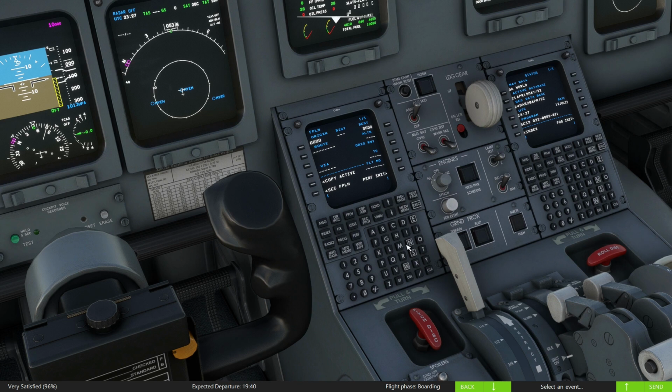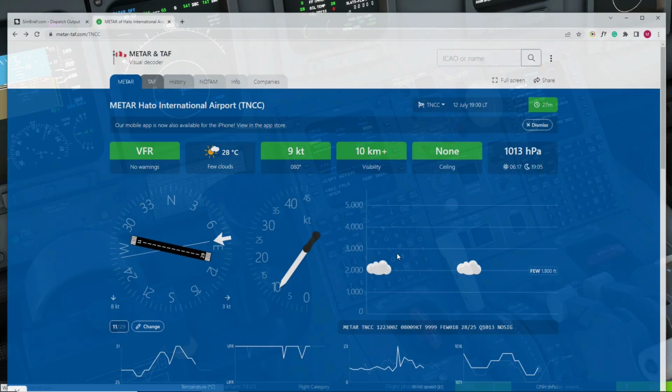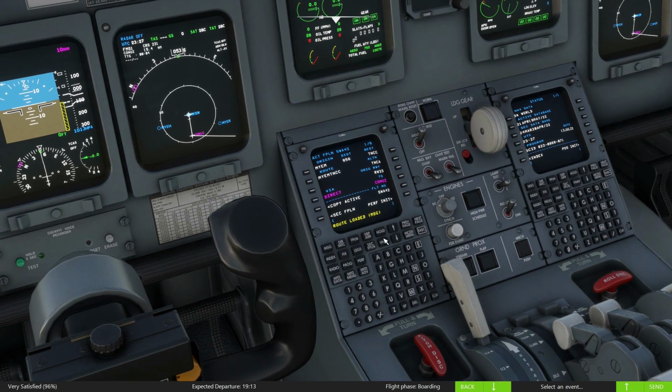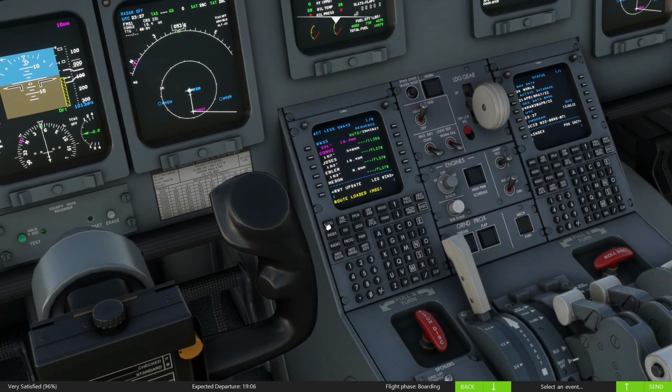Okay, now I've gone and put it into my SimBrief folder, which does all the lead work for me. TNCC. This. So all the perf, you can also on the 550 set it up so the perf data gets automatically